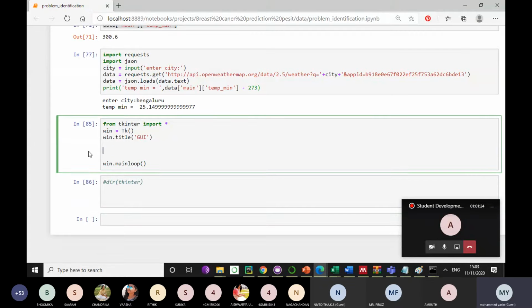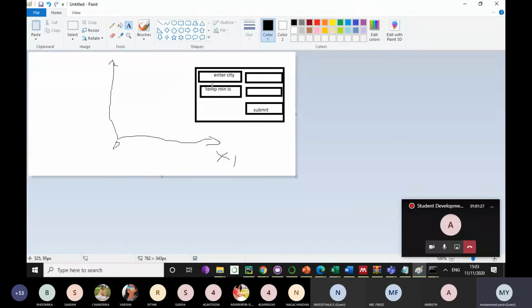Basically I need two labels, enter city and temperature minimum. If I look at the format of rows and columns, this is my zeroth row, and this is my zeroth column, this is my first column, and this is my second column.